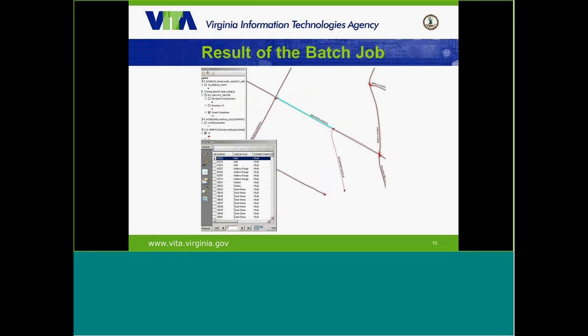And then once that finishes, your Data Reviewer table will pop up, and it will tell you how many adds, how many address ranges, how many deletes, how many street names, or if you have any transposes. And this is a good example here that this is going to be an add, and it will also show up in an address range change because the address ranges for the segment will have changed as well.